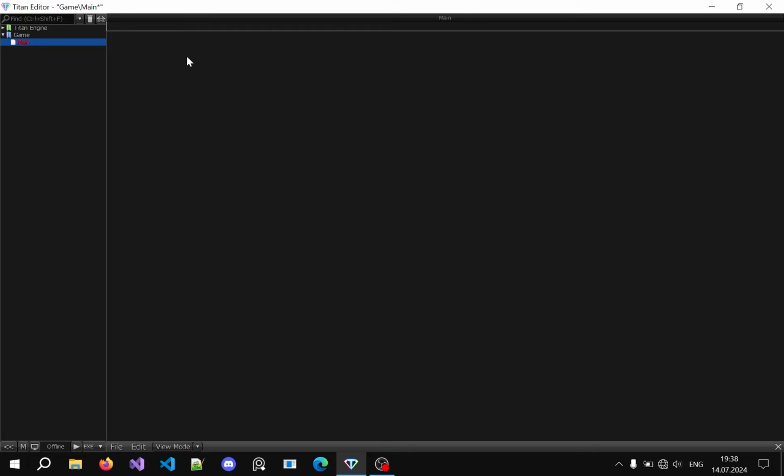What's going on here is that the editor changes a bit how C++ works. So headers are generated automatically during compilation, which means that you don't need to include anything. All the code which you write in any code file is available in any other code file, which can be really convenient at times,